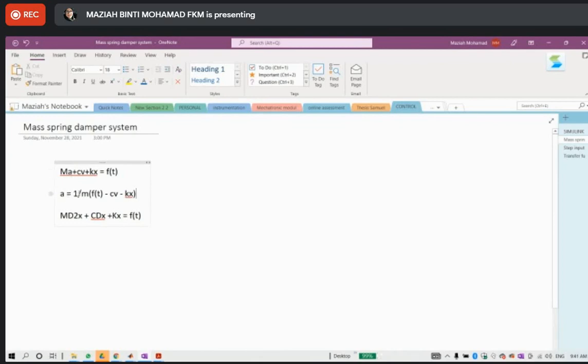It is 1 over m f minus cv minus, this one will become s, this one will become, it is similar to, let's say it will become 1 over